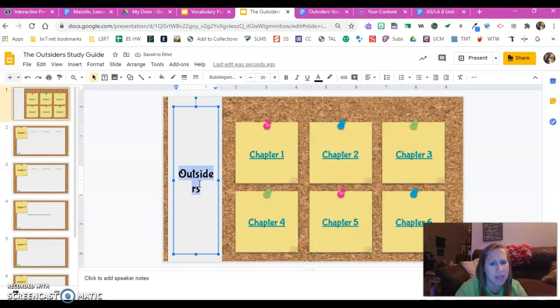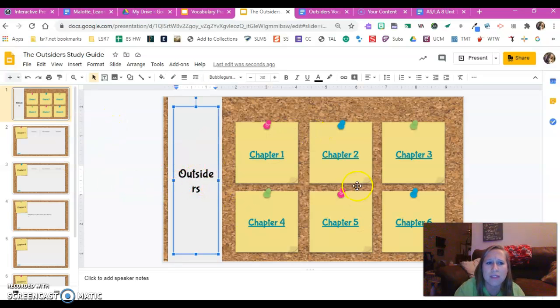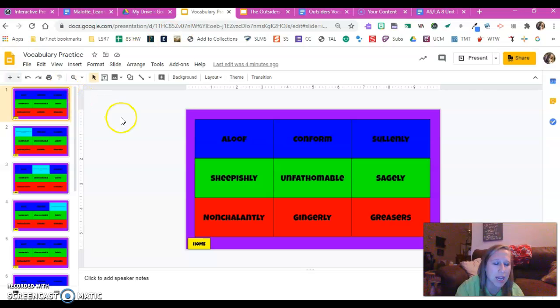So maybe it's Outsiders, and can I flip the text? I don't remember how to do that off the top of my head. Anyway, I thought I could show a way that you could have the students create one. So then I created a vocabulary practice for